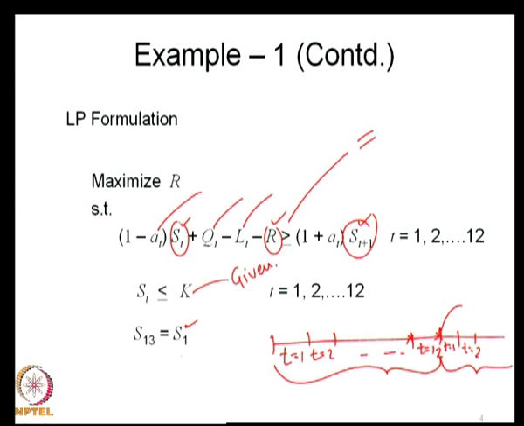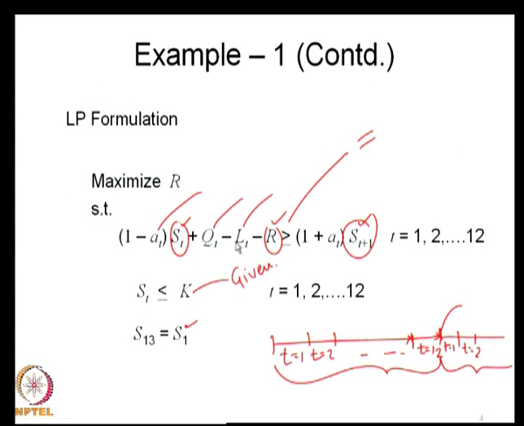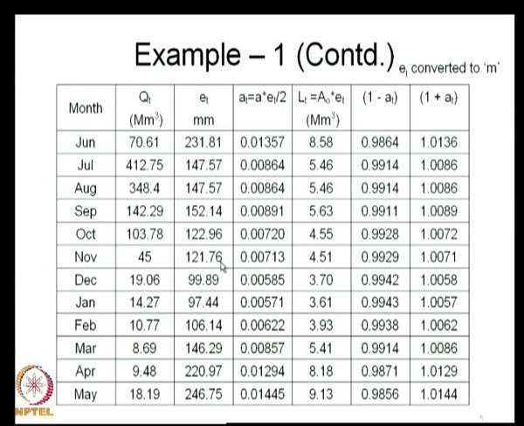So, this is the problem now. We will solve this using the data that is specified here. So, this data we will use and solve this particular example. For that, we need to determine A t and write down all the constraints. We also have to determine L t, exactly the same way as we did in the previous class. For completeness' sake, I will show the calculations again. They will remain the same.